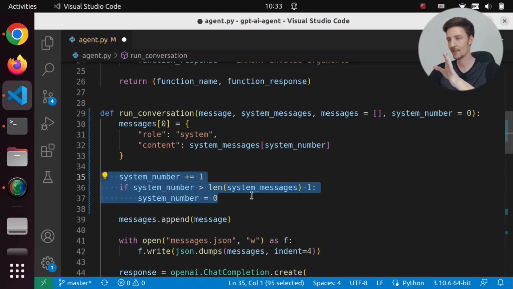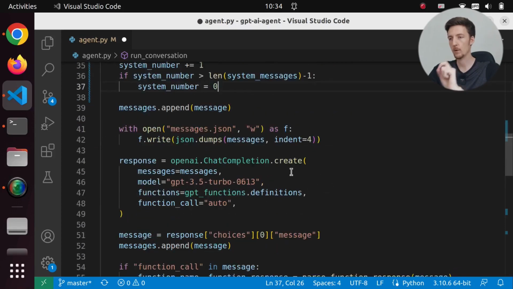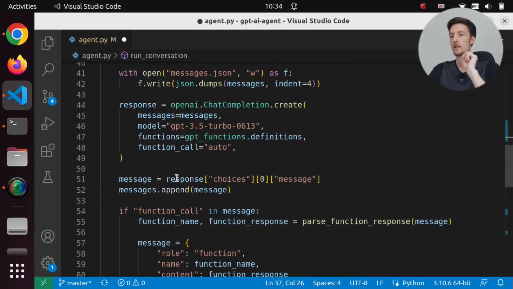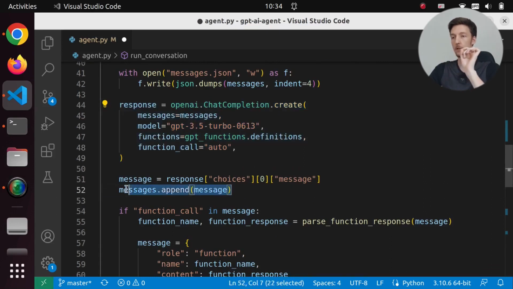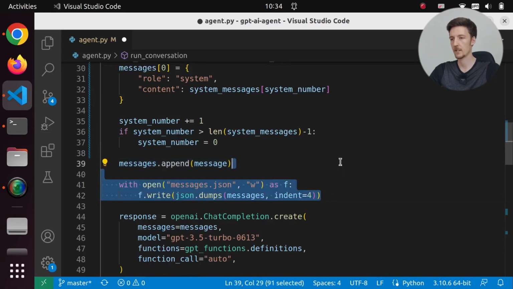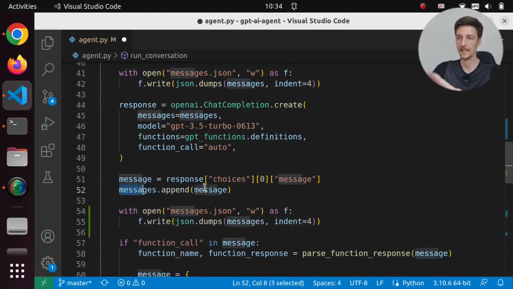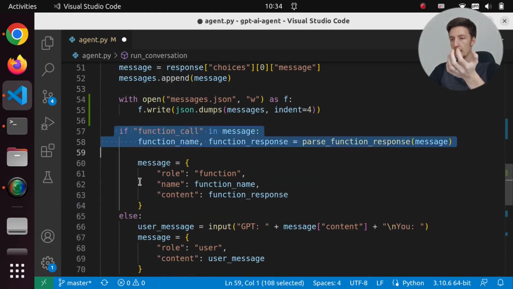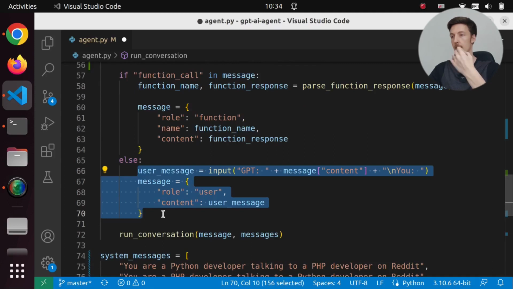Maybe there's a one-liner I could use, but this is what I came up with right now. And then what we are going to do is send the message to ChatGPT and get the response from ChatGPT. And I'll actually add this writing of the JSON file here as well, so we get it right away. And then we parse the function call if there's a function call, or otherwise we ask for another message.